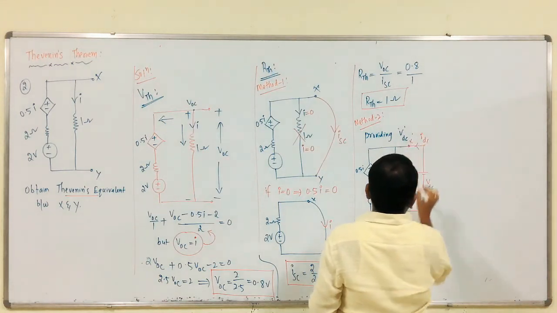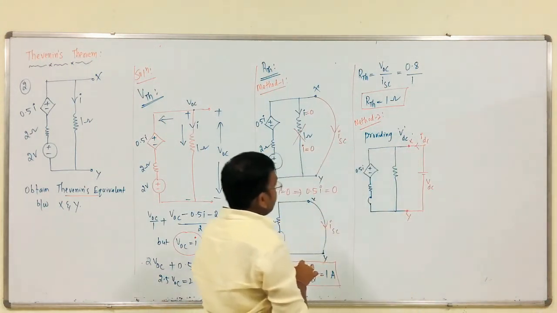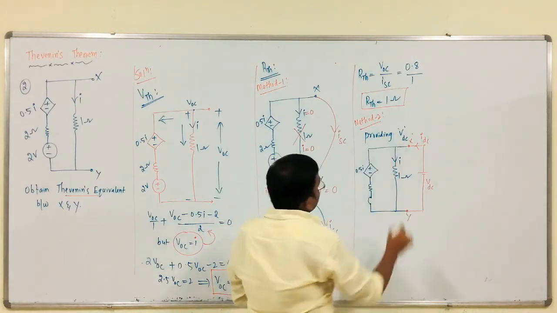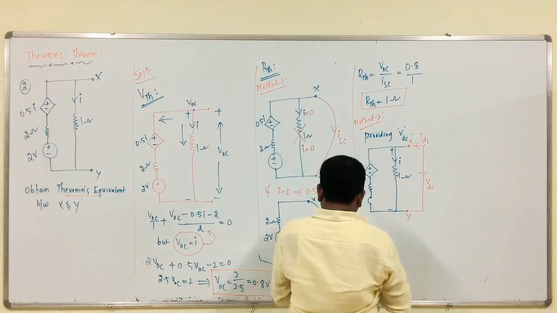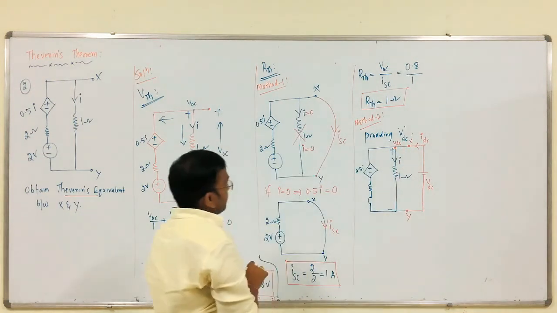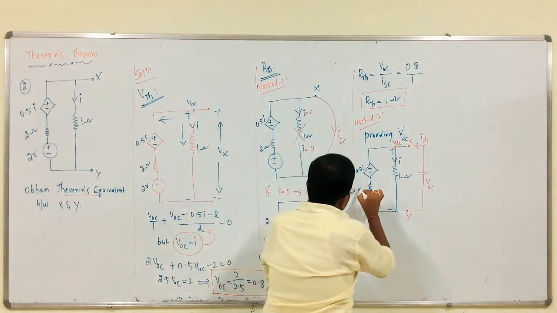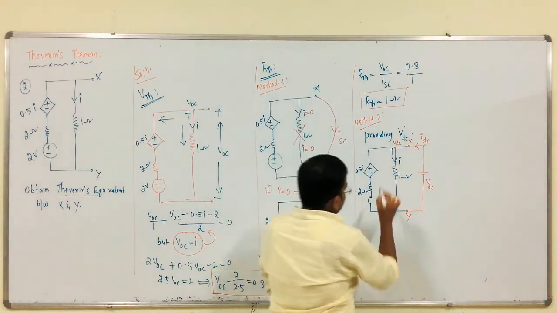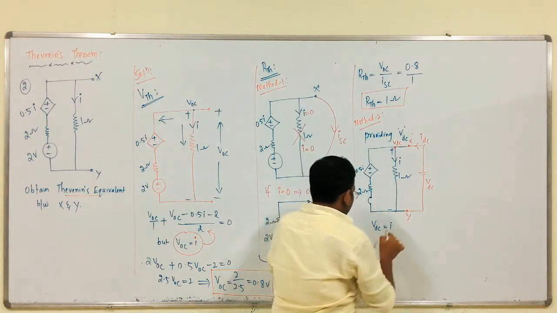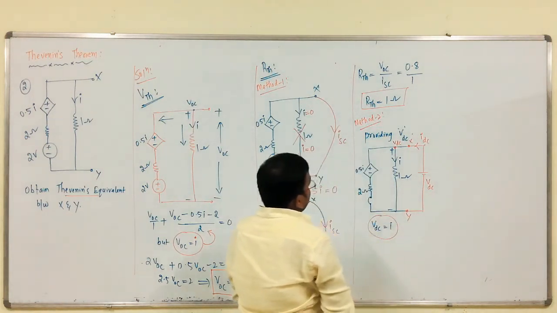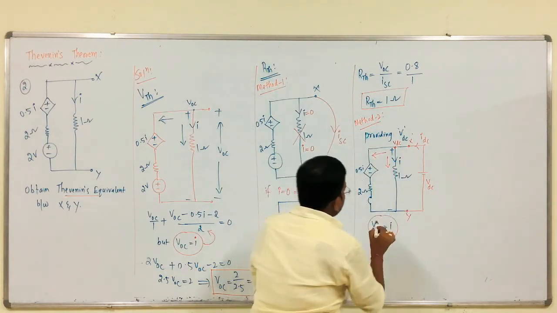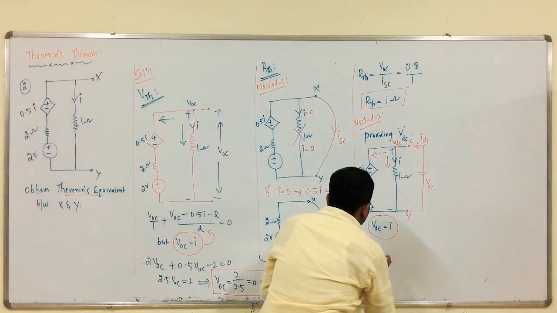This is X, this is Y. That is it. This is 1 ohm branch. We have to calculate I. So, this is plus minus. This is also VDC, right. So, this is 2 ohm branch. From this, VDC is equals to I, right. Completed. We have to apply KCL, that is it. That is VDC by 1.